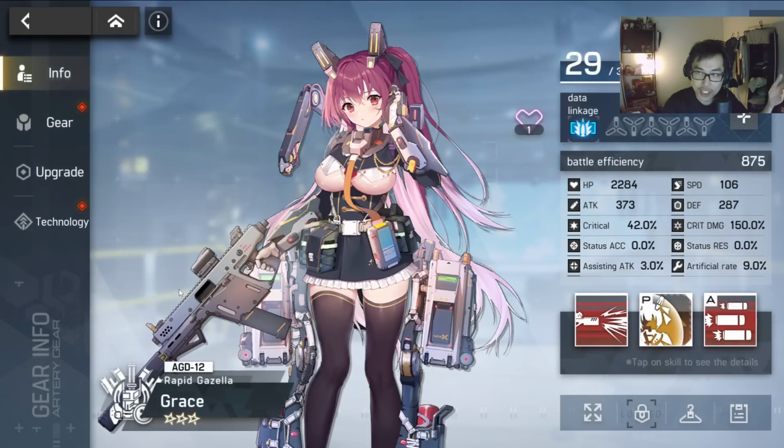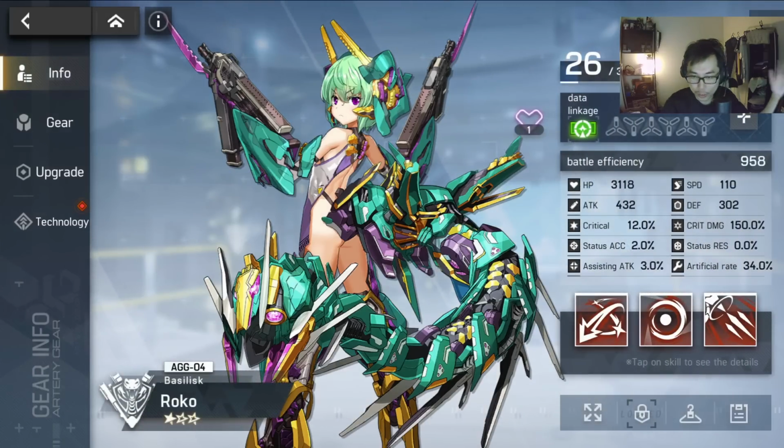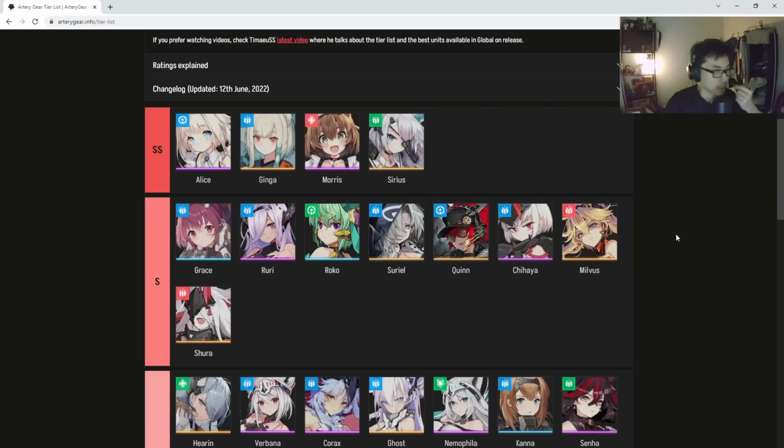She's a 3-star, easily accessible to a lot of players. Also pay attention to Roko as well. Apparently she's one of the better 3-stars out there. She's high on the tier list as well. So make sure you do the reroll in the